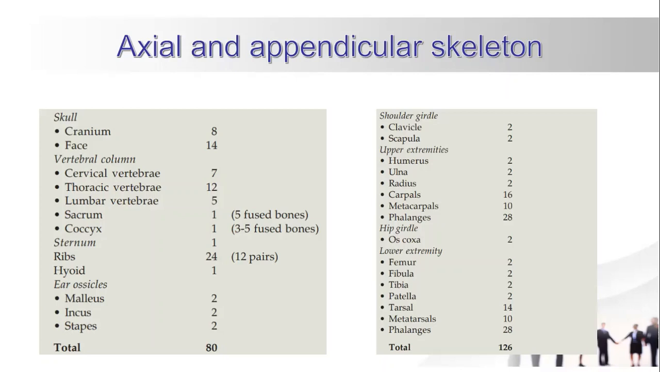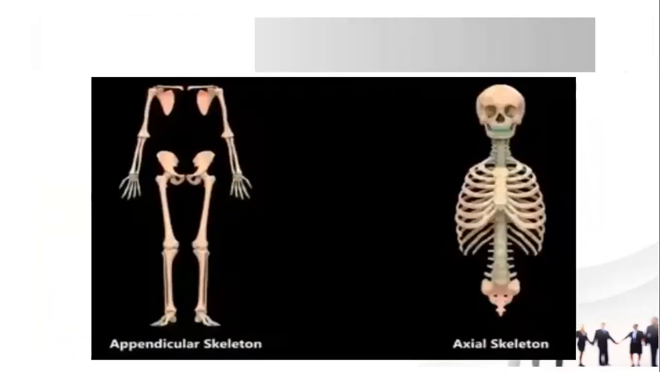Hip girdle, we have the os coxa, that's 2 bones. Lower extremity, we have the femur, 2 bones, that's on the right and the left, which is 1 and 1, bringing it up to 2 bones. Fibula, the same, 2 bones. Tibia, 2 bones. Patella, 2 bones. Tarsals, 14, 7 on each limb. Then metatarsals, we have 10 bones, and the phalanges, 28 bones, bringing the number to 126 appendicular bones. This is just a picture to illustrate the bones of the appendicular skeleton, and these are